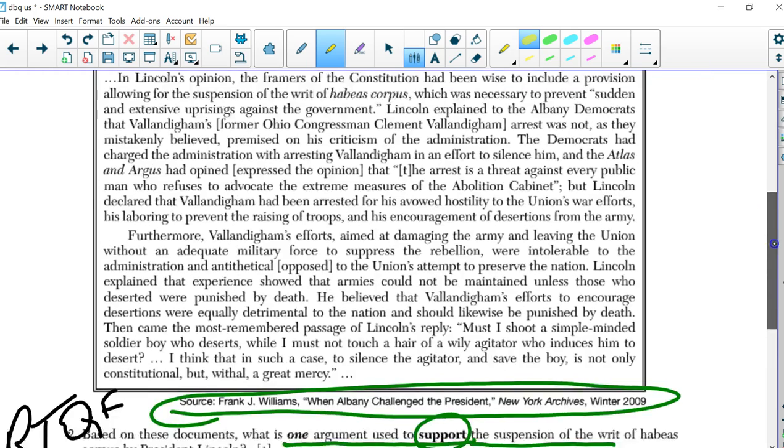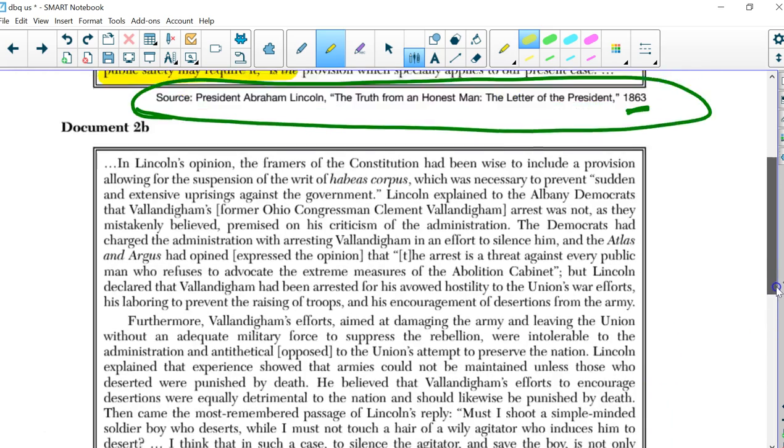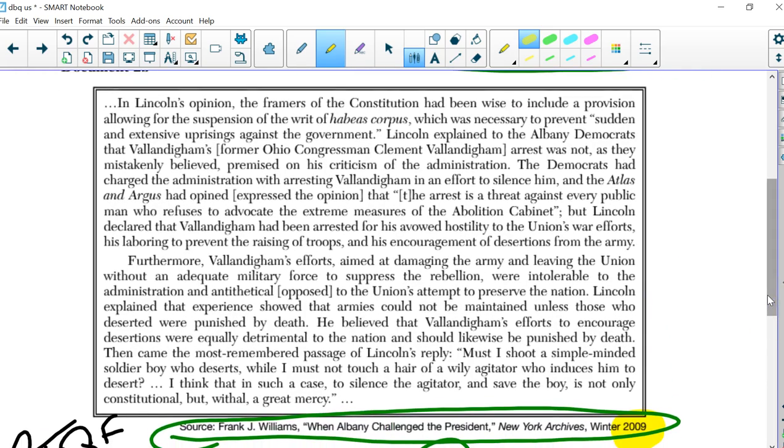So remember, this is a secondary document. This is a guy who was not there, because it was written in 2009, right? But he's writing about what was going on at the time. "In Lincoln's opinion, the framers of the Constitution had been wise to include a provision allowing for the suspension of the writ of habeas corpus, which was necessary to prevent sudden and extensive uprisings against the government. Lincoln explained to the Albany Democrats that Vallandigham," this guy has quite a name, he was the former Ohio congressman, his name was Clement Vallandigham,